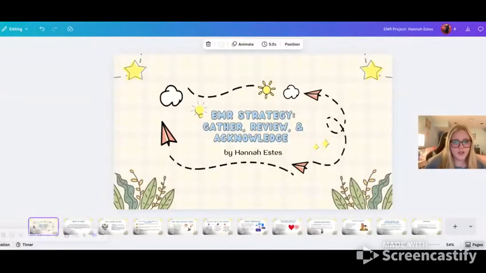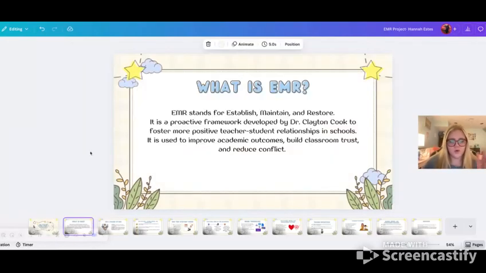Okay, so my EMR strategy is on gather, review, and acknowledge. See if I can scoot this over. There we go. Okay, so first, before we know what gather, review, and acknowledge is, we have to understand what